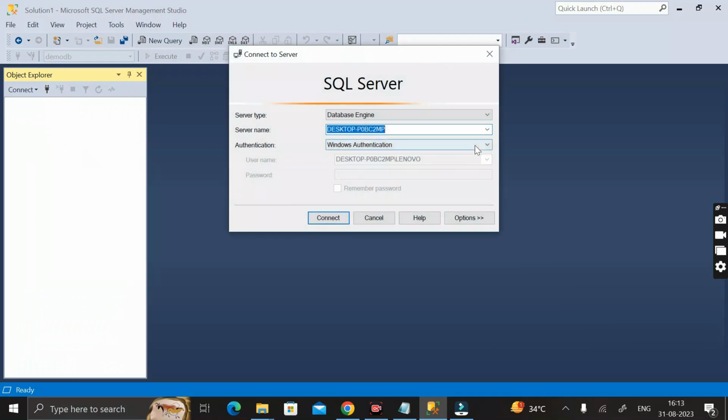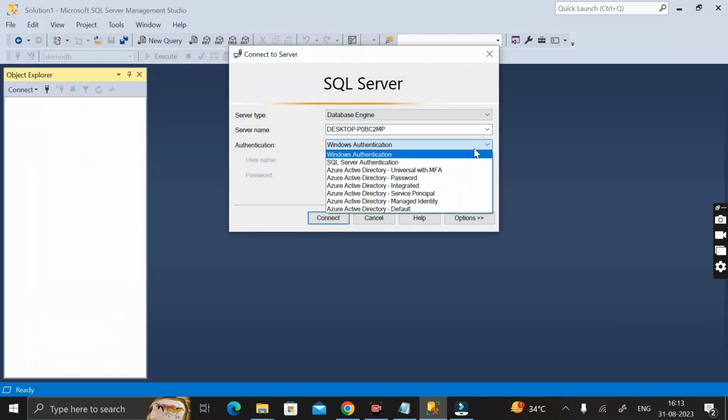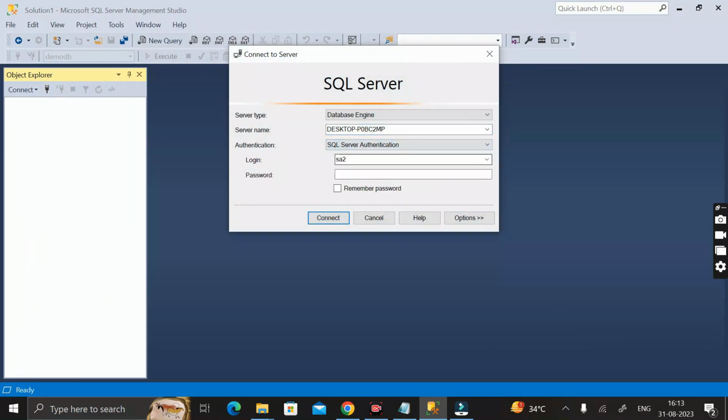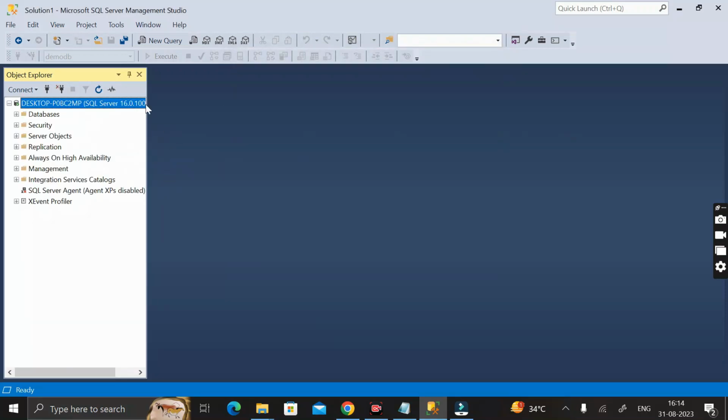Then in the authentication section you have to select SQL Server authentication, and in the login section you have to give SA1, because we have created the new login with SA1, right? Then in place of password, you have to enter the password that you gave while creating this login. Then click on this connect tab. And here you can see we have successfully logged in into our